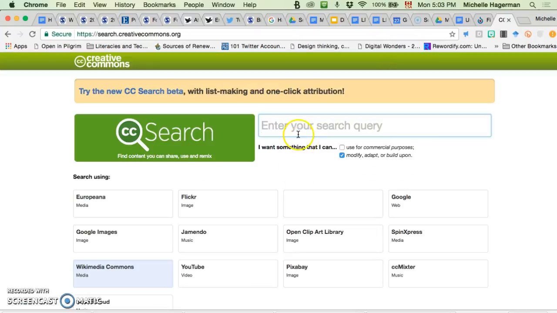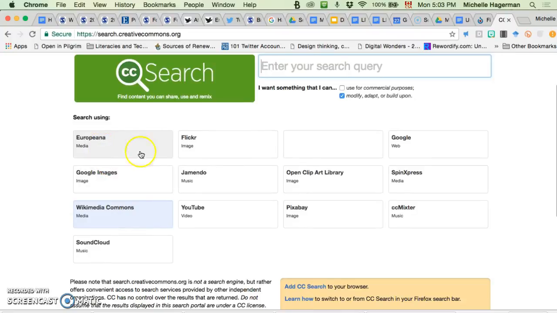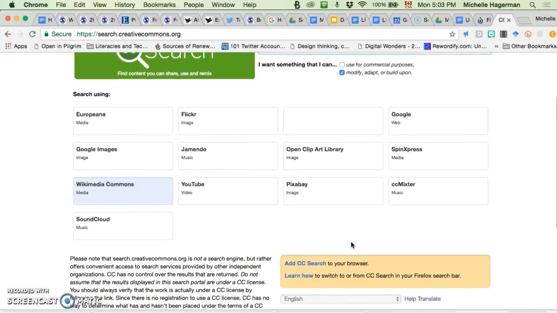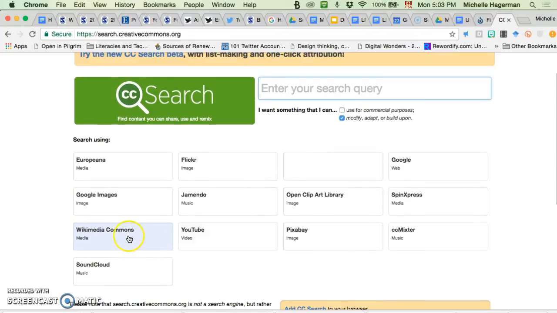Well, the great thing is that you can do it right at the website. And you can go to CC Search and you can search on all of these different platforms for media, images, music, right? It's amazing actually the kinds of stuff you can find here. So let's say I'm going to search on Wikimedia Commons, and because my family is getting a Labrador Retriever puppy at the end of April, I want to look for Labrador Retriever information.